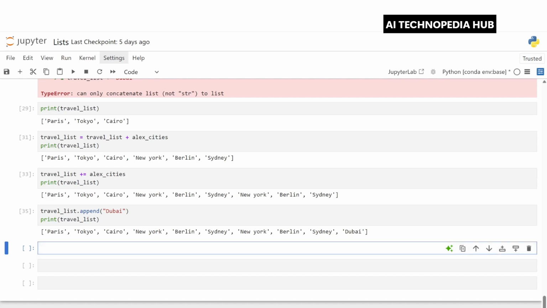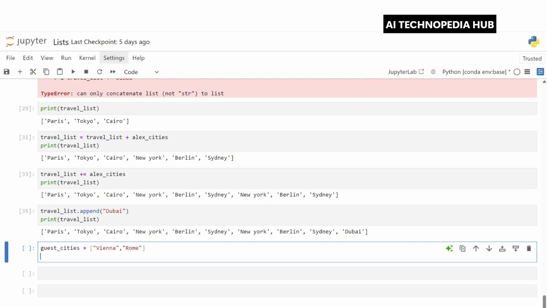So let's look at an example where we are passing a list inside the append method. Let's say we have guest_cities is equal to, let's give Vienna, comma, let's give Rome. Now in guest_cities, we have passed Vienna and Rome, which is a list.